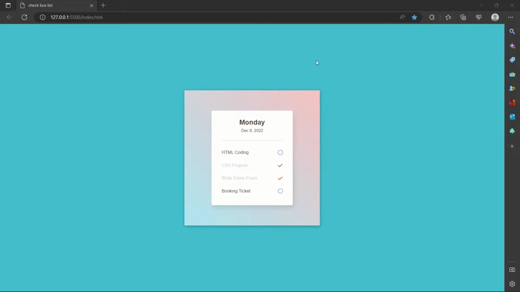To make a beautiful checklist like this, we are going to use